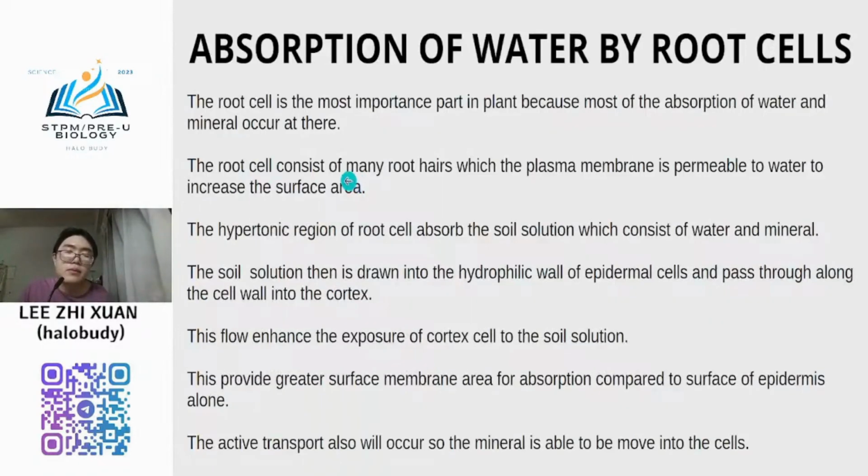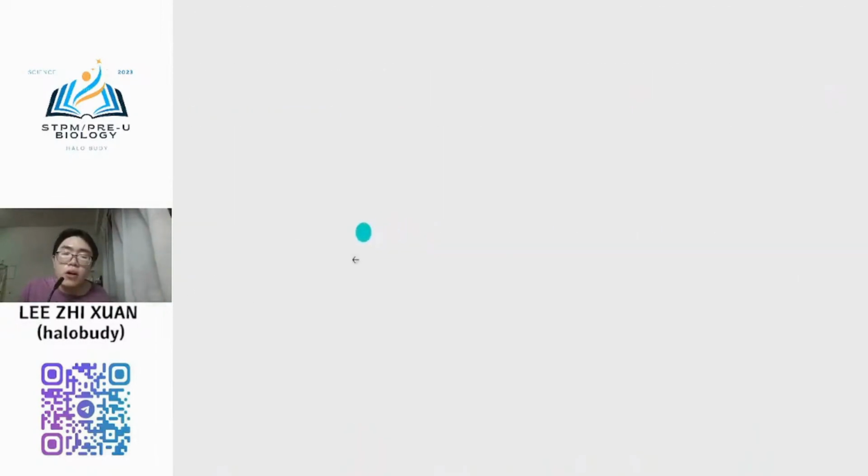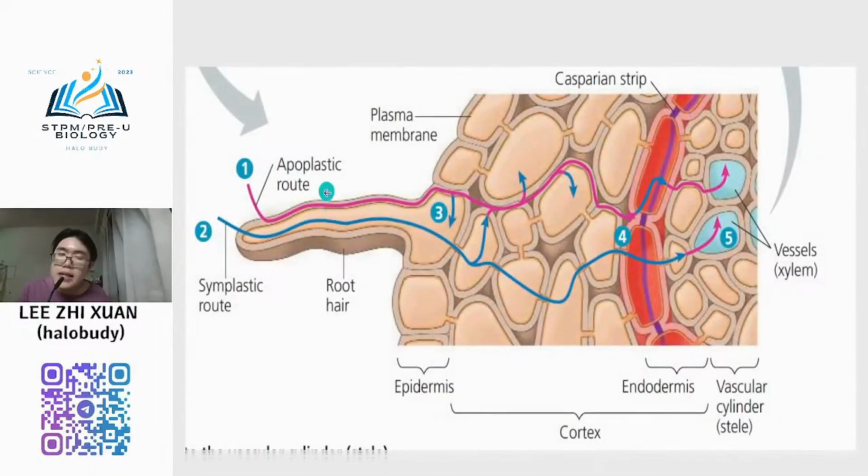Okay. And then normally our root cell is a hypertonic region. Why? Because we know that water and mineral ions are transported through osmosis and simple diffusion or facilitated diffusion, right? This process is mainly down the concentration gradient. So if you want water molecules from the soil to be absorbed by the root hair and enter the root cell, you need to maintain that